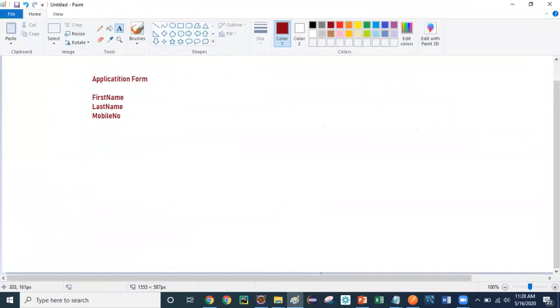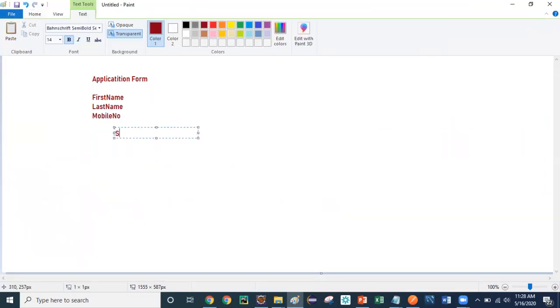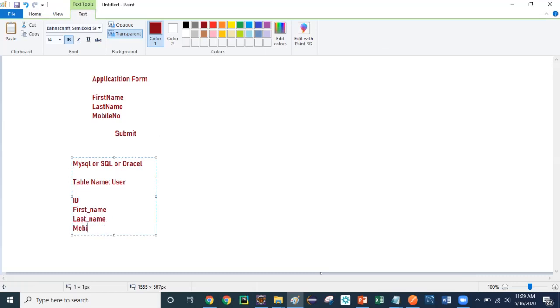So what will happen once the user clicks the submit button? Then you have one table in MySQL, SQL or Oracle. You have a table called user, and you have a primary key ID, then you have first name, then last name, then mobile number.